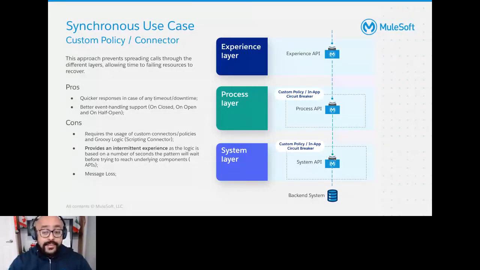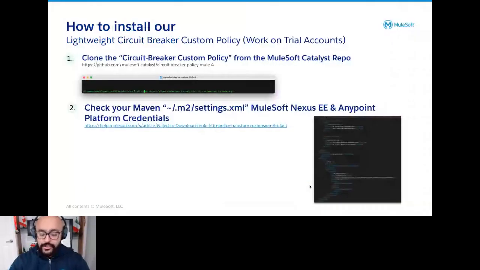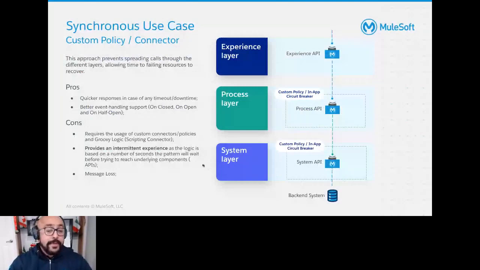In the half open stage, the policy will try to make a connection with the backend system. For some users, it's not a common behavior, right? That's why it requires some explanation in your documentation, just to make sure that everybody understands what the current state of the API is, right? In some cases, I have received some feedback. People think that's a great solution, but it provides an intermittent experience, right? And of course, because we're not persisting the message anywhere, we're also going to have some message loss in case of